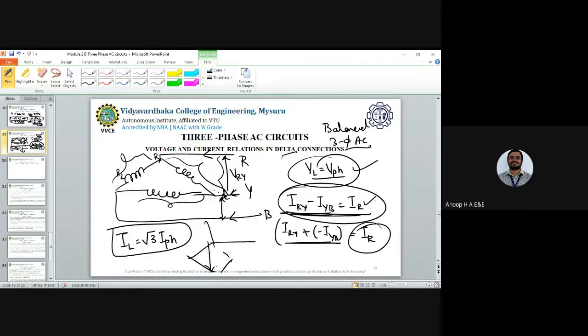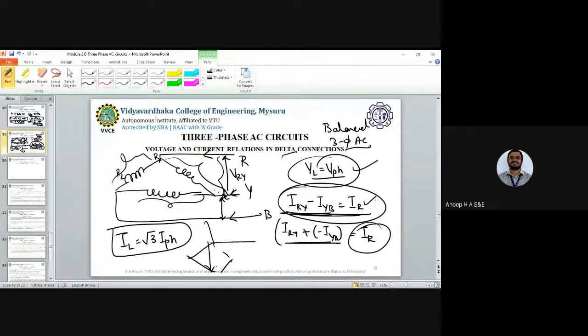Any doubts up to this point, anyone, before we move ahead to the numerical problems? Because if I keep on explaining these derivations, it would definitely take one more hour. So I cut it short just to make you understand in a simple way. You need to write the circuit, write the vector diagram, write the relevant equations, and then you will get certain marks for it. It would be for 7 or 8 marks. You need to carefully note down the derivations.